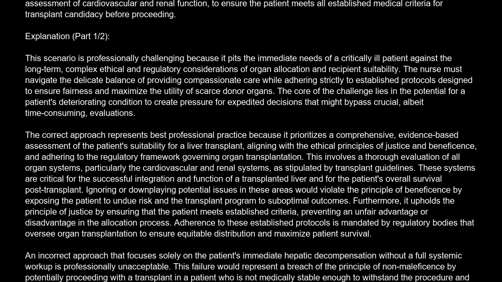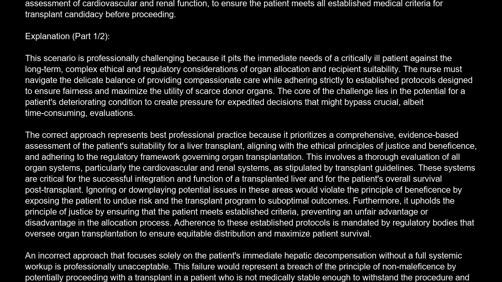Furthermore, it upholds the principle of justice by ensuring that the patient meets established criteria, preventing an unfair advantage or disadvantage in the allocation process. Adherence to these established protocols is mandated by regulatory bodies that oversee organ transplantation to ensure equitable distribution and maximize patient survival. An incorrect approach that focuses solely on the patient's immediate hepatic decompensation without a full systemic workup is